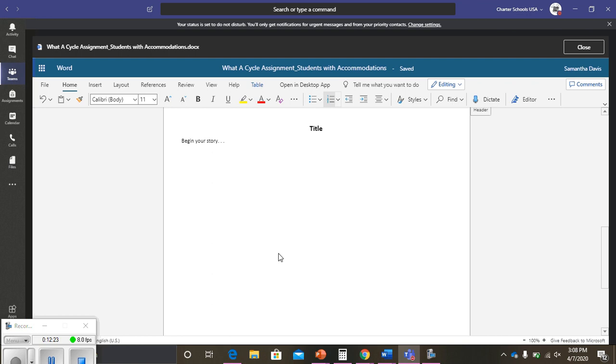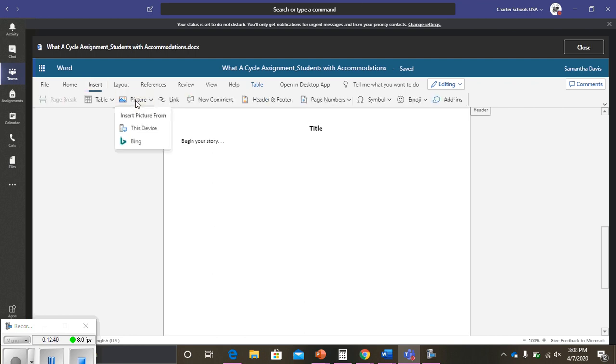If you're really struggling with that, I recommend drawing it on a separate sheet of paper, showing your parents and saying, hey, how do I get this onto this? You can take a picture on your phone and attach it, insert picture from this device. You can send it to me as a separate attachment if you need to, too. I'm fine with that as long as you show me that you did it.